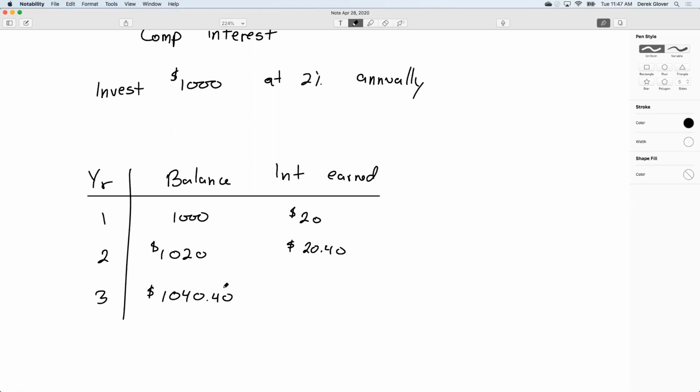which is $20.81. So as you can see, with compound interest, because you're basing the interest earned on the balance of the loan or the balance of the investment, you're going to slowly see the interest earned increase because you're earning interest on interest that you've made previously. It doesn't seem like a lot, 40 cents, 80 cents, but if I move these digits over, if instead of $1,000, we're talking like